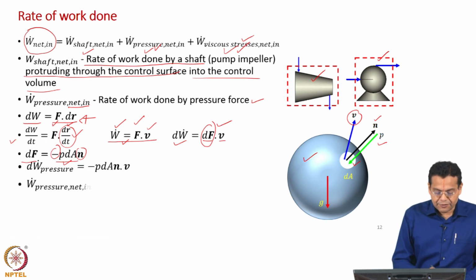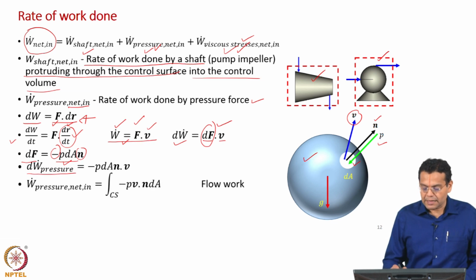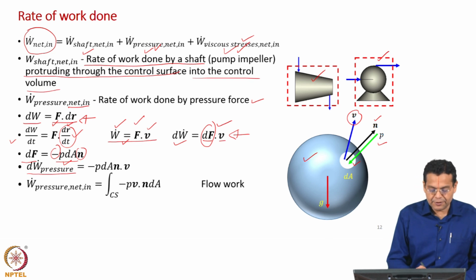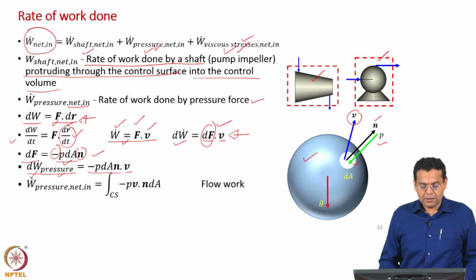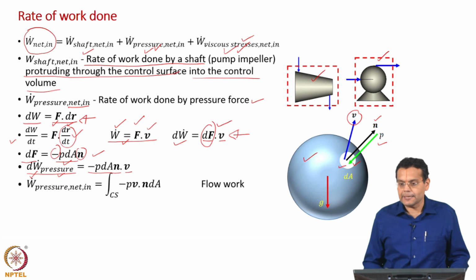Okay. So, now let us use this expression for the differential force in this equation, and what we get is the differential rate of work done by pressure, is equal to, as I told you, this general expression. Right now the relevant force is the force due to pressure. So, when we express the differential force in terms of this expression, we get the differential rate of work done by pressure. So, we just substituted for dF vector as minus P dA n vector, of course dotted with velocity. Okay. Now, what does this represent? Differential rate of work done by pressure over this small area.